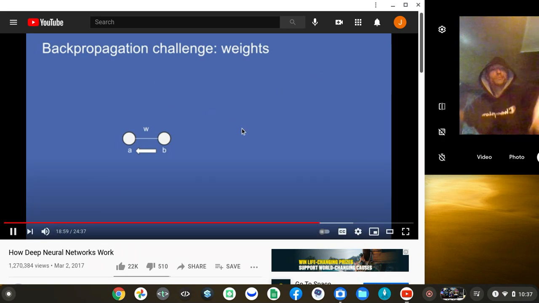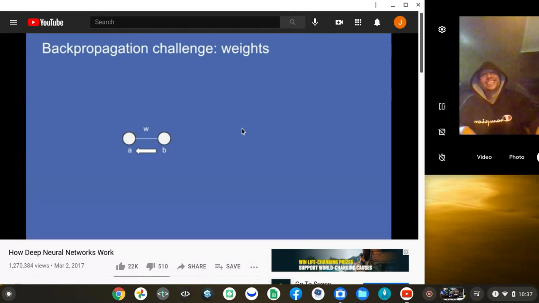We have to be able to calculate this. So for the first one, it's just a weighted connection between two neurons, A and B. So let's assume we know that the change in error with respect to B,